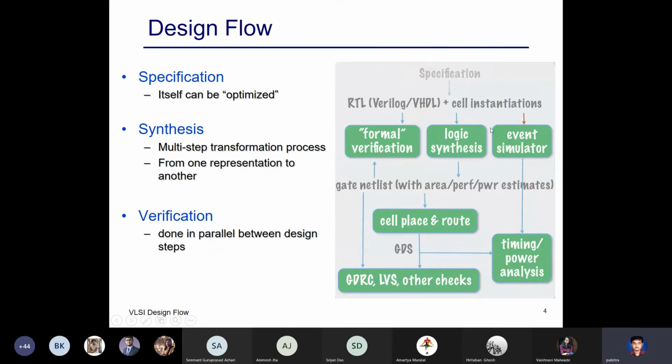So now we see this specification often comes at the highest level. As you go down, there are other types of languages also. At the highest level, this is done by something called a hardware description language. There are two popular hardware description languages: one is Verilog and one is VHDL. Verilog was mainly pioneered by one EDA company called Cadence, and there are many companies which do VHDL also.